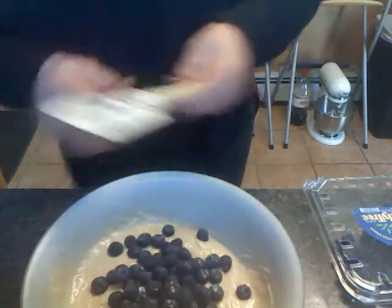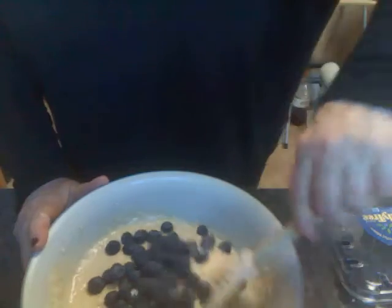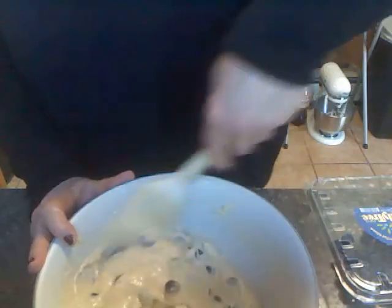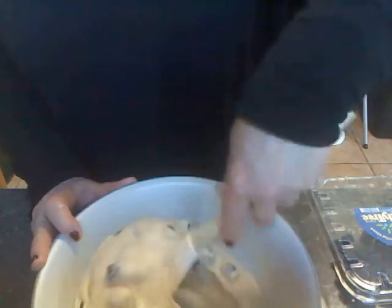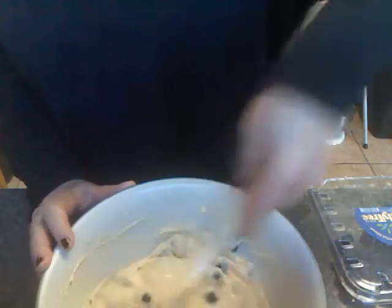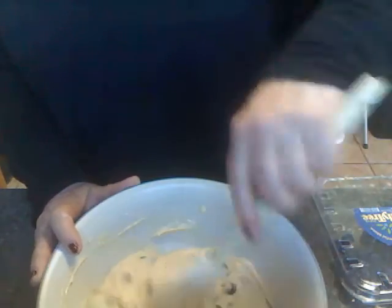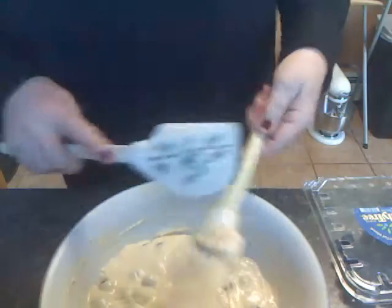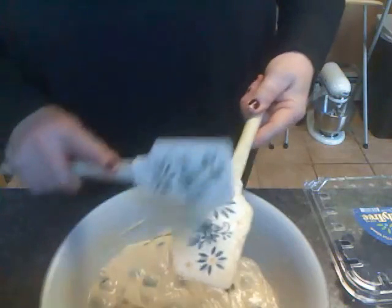And I'm just going to take my spatula and just fold them in so that we don't break the blueberries or smush them. I'm just going to fold like that until they're all incorporated in the batter. And that's it. I mean, how long did that take? 5 minutes? I decided to pre-measure everything before the video because sometimes...